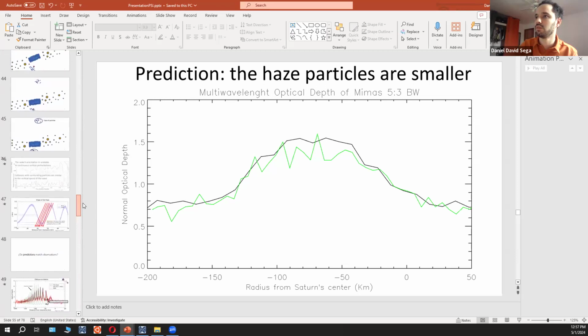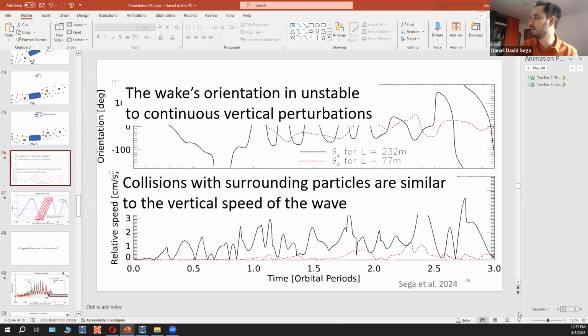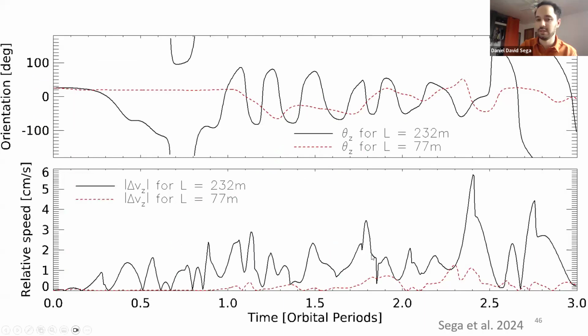Okay, cool. Yeah. So this is something I thought I was going to show. When I integrate those equations here, I'm computing the relative speeds and trying different sizes for the self-gravity waves, for the length, 32 meters, 70 centimeters. And this is the orientation. The interesting thing is that if I keep running the simulation, the collisions get very big, this is centimeters per second, right? It's 5, 6. So for sure, there has to be some ejecta.